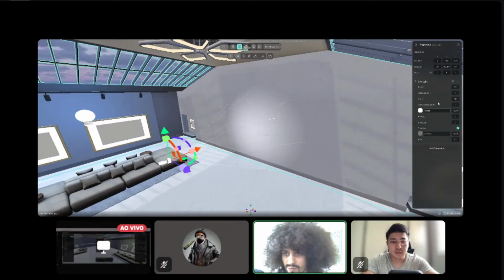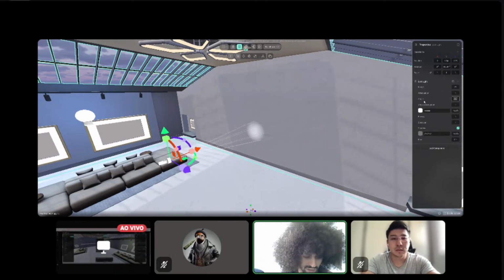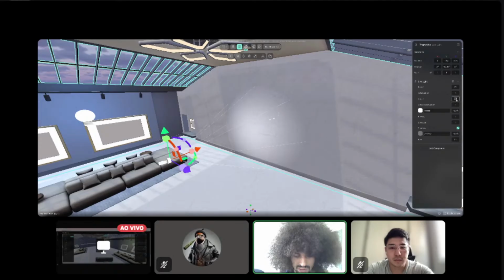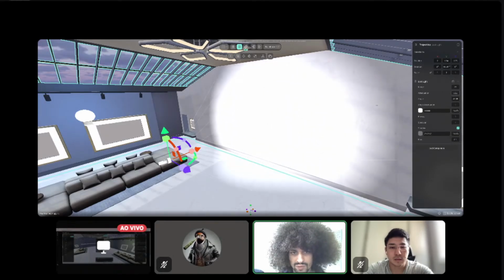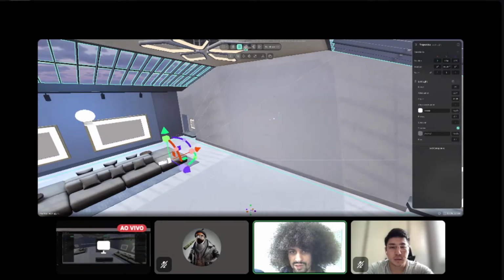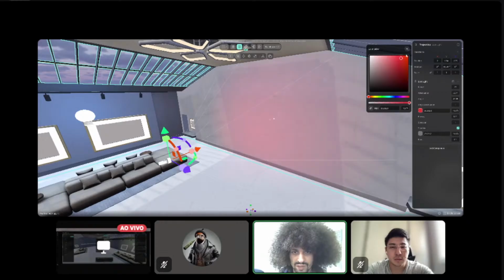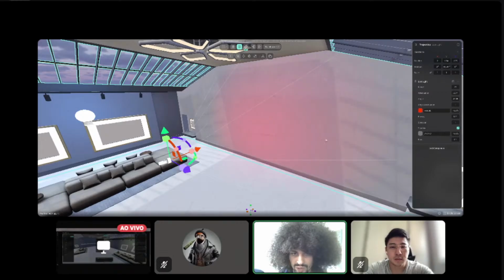The energy is the same thing. The nice thing about this one is that you can change the angle. I mean, you can make it very closed, like a very closed spotlight for a focused thing, or you can increase it a lot and make it super huge, like, I don't know, 70, and then it's going to be super huge. No need for that. Attenuation again, same thing that I was showing before. The energy doesn't need to be that huge, and here the colors as well.